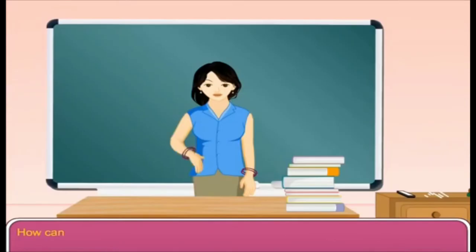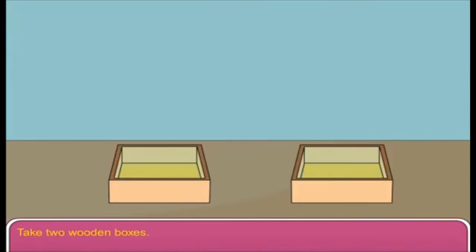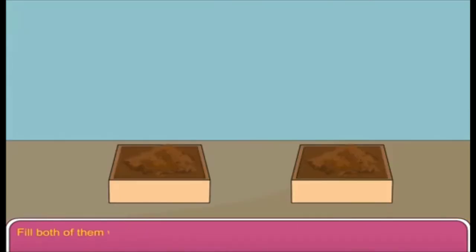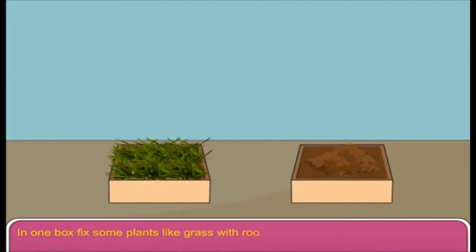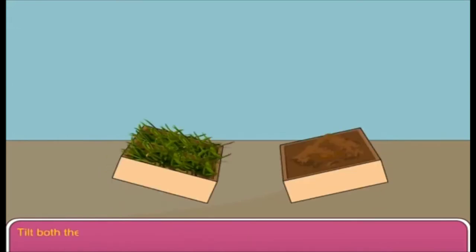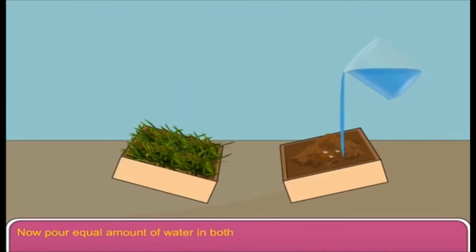Okay, so how can we prevent soil erosion? Let us perform one more activity. We will take two wooden boxes and fill them with an equal amount of soil. In one of the boxes, we will plant small grasses which need to have roots. Okay, and we will tilt the boxes, add an equal amount of water to both boxes, and we will observe